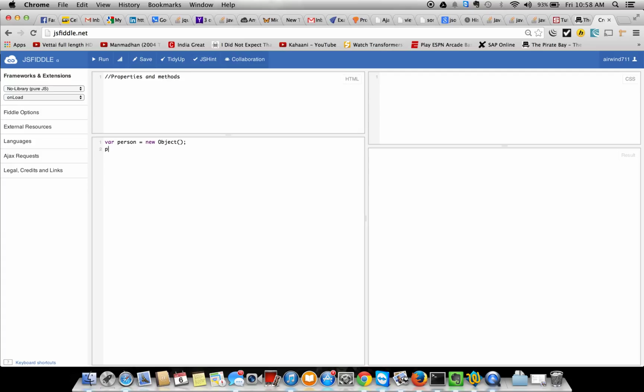So how do we add a property to this? We say person.name equal to John. So what we have done here is we have added a property called name to an object called person, and the value that has been added is John. We can add the same thing like person.age equal to 30, and then we can add some method. So what is a method? A method is a property which has a value as a function, like this, and suppose we say alert